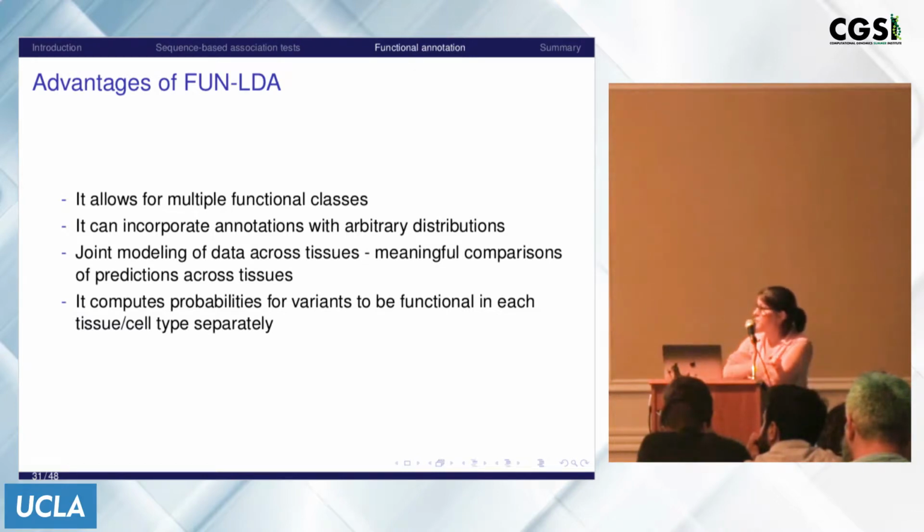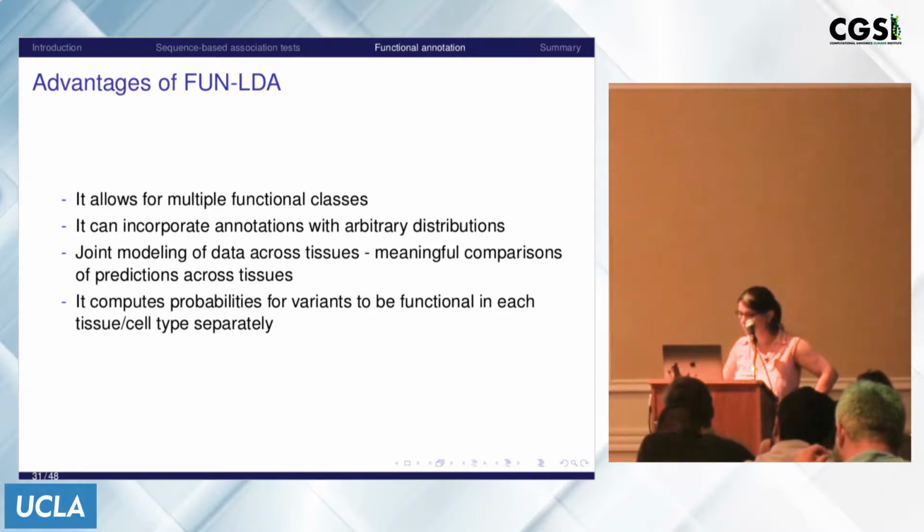So some of the advantages of the FUN-LDA approach: it allows for multiple functional classes. In the original Eigen approach that we proposed, we only allowed for 2 classes, functional and non-functional. It can incorporate annotations with arbitrary distributions, so you don't really need to do any pre-processing. You don't have to do peak calling or binarize your data to use this algorithm. And of course, we can get approximate probabilities for variants to be functional in each tissue